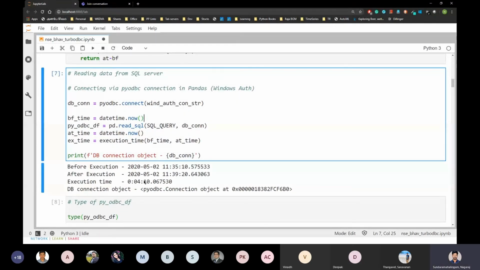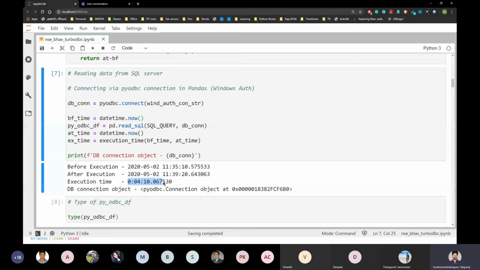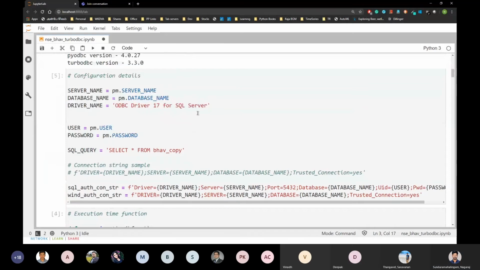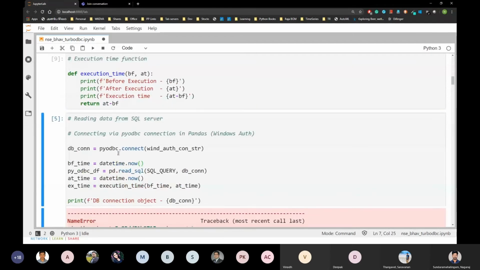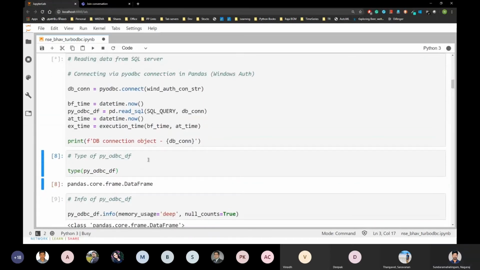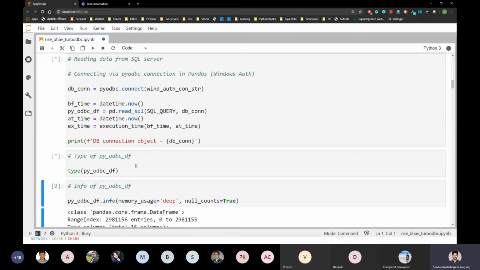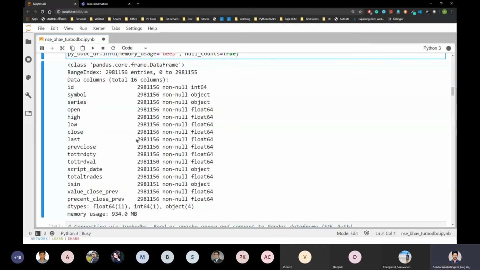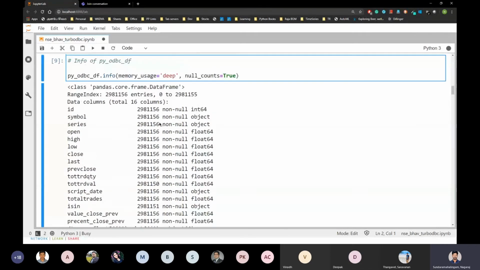So yeah, it takes 4 minutes and 10 seconds. It takes a while. There are 16 columns and the memory usage is 934 MB, almost 1 GB of data. And these are the data types.